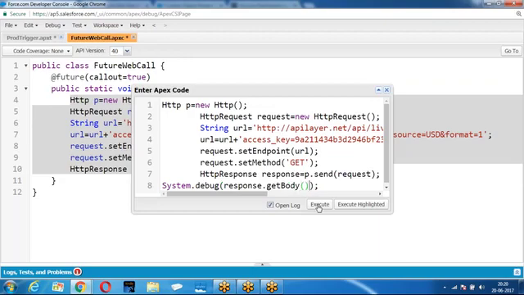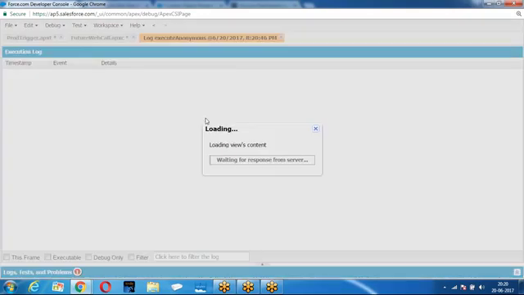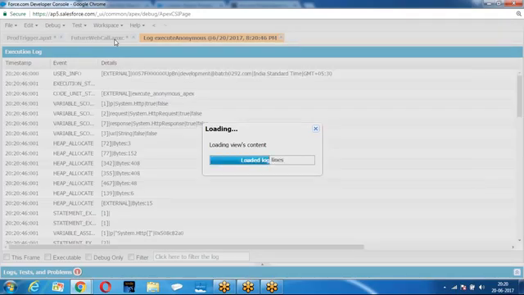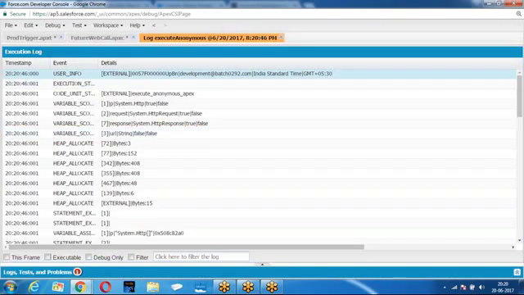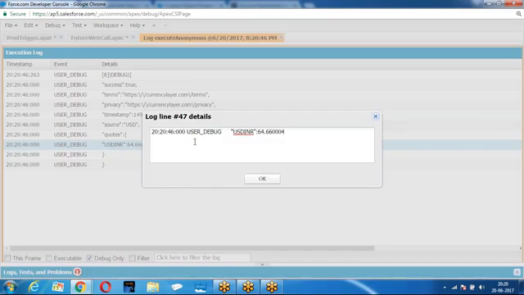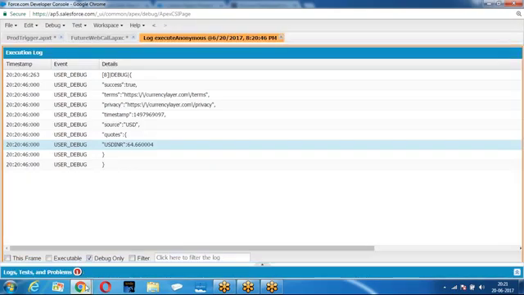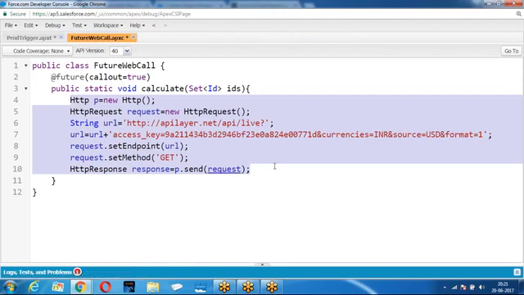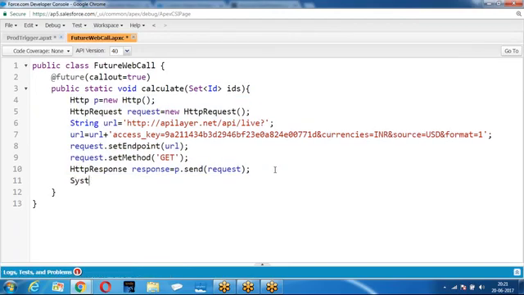This is only to understand the purpose of future. I know that we have not covered web services, but this is to understand the purpose of future. Then the value was coming as USD. Right, okay. Now I need to parse the data. The data was coming, we need to parse the data. If you want to parse the data, we need to use some JSON.